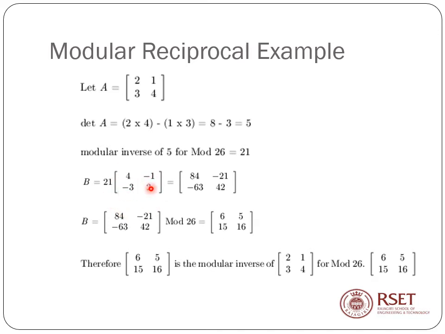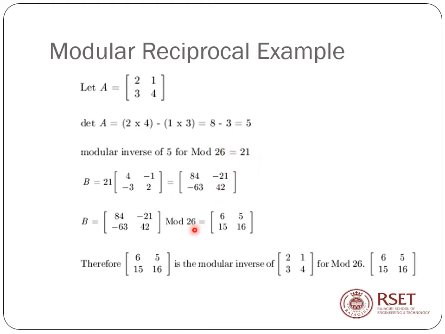So you multiply this 21 into 4, 21 into minus 1, 21 into minus 3, 21 into 2, you get this matrix. But remember, all the operations should be done mod 26, because you do not have any point in getting this 84, 63 and all. Your aim is always to get elements between 0 and 25. Then only you can translate those numbers to alphabets. When you give a plain text, you have to get the ciphertext also in terms of characters, not numbers. That is why you are always concerned with modulus 26.